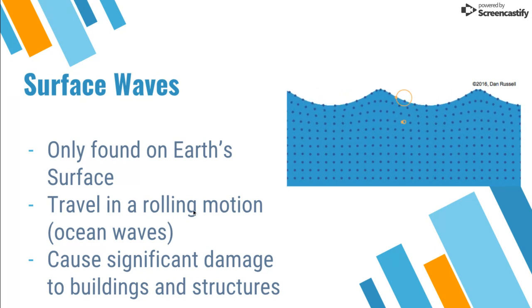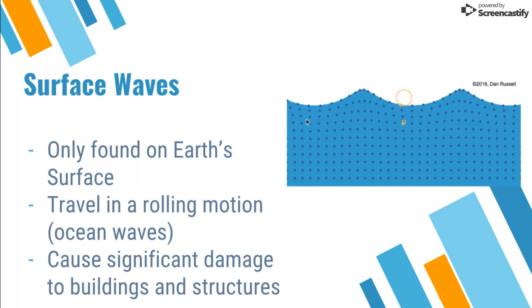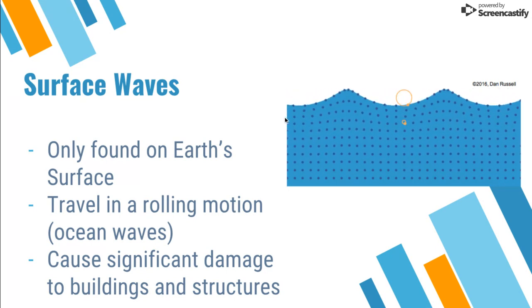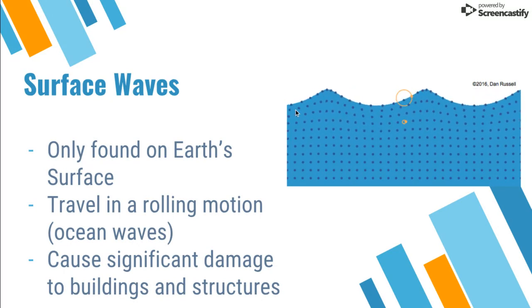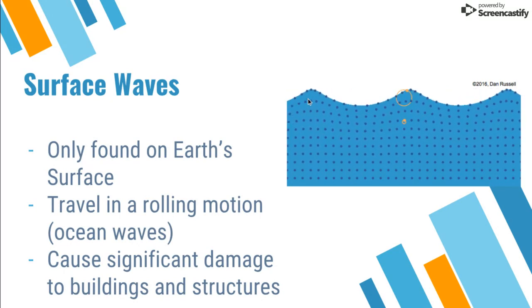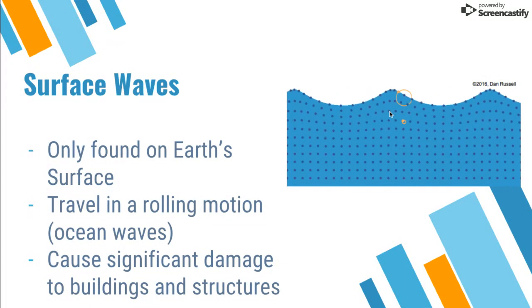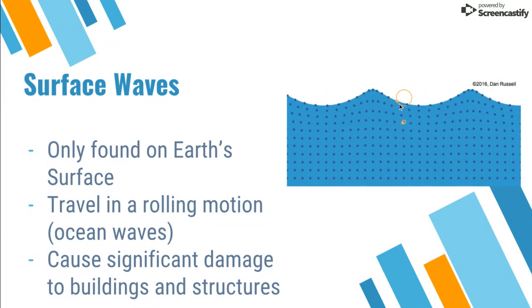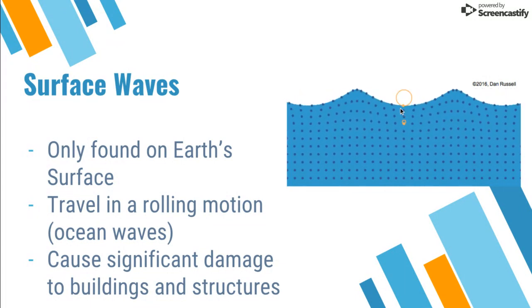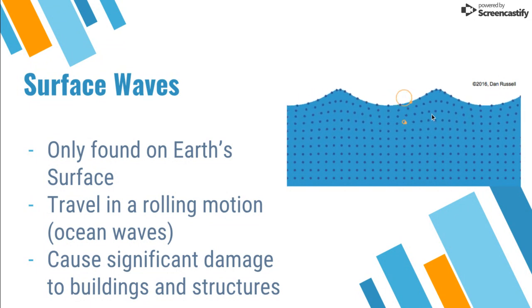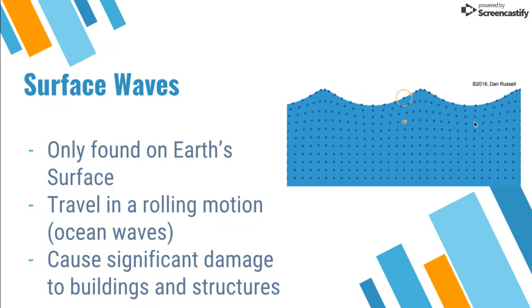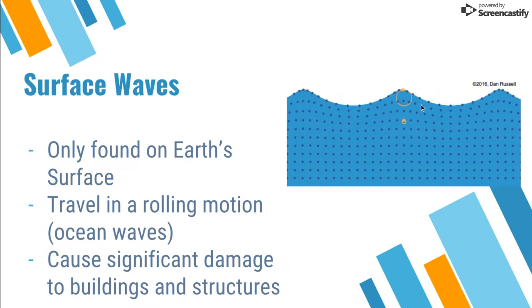They travel in a rolling motion. So if we look up here at this image I have here, it travels like an ocean wave. You can actually see these waves traveling, almost rolling. If you look at this circle here, it's rolling. See that little dot going around, rolling as it travels through the Earth's surface, through the top layer of the